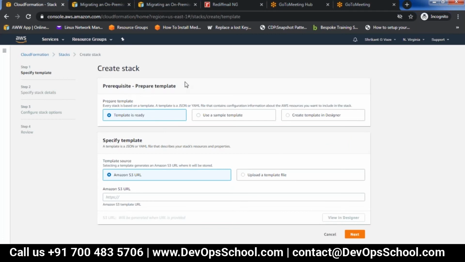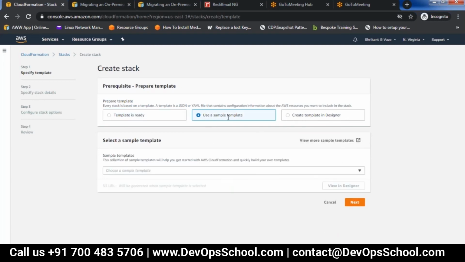So there are three ways. One is the template is ready. That means you have created a JSON or YAML template and you can just upload it and create a stack from it. Otherwise, there are certain sample templates or there is a designer tool. So I will use some sample templates.